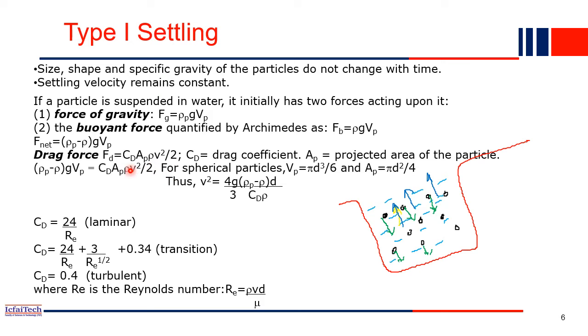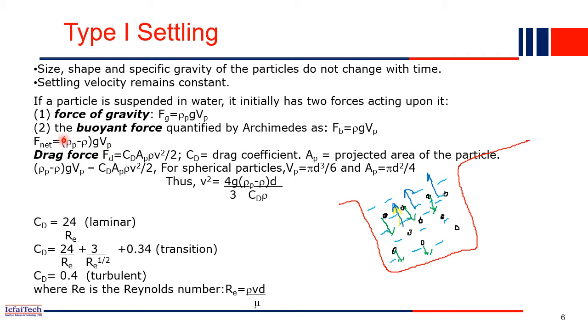You can see here, this drag force Fd is the definition. We already derived this expression earlier. Cd is the drag coefficient, Ap is the projected area of the particle, that is, how much projected area the particle has in the horizontal plane, right? And rho is the density, and v is the velocity. Drag force will be acting upward, and the net force will be acting downward, because we consider rho p is more, right? The density of the particle is more, that's why it is settling down, and that's why the drag force has arrived, right?